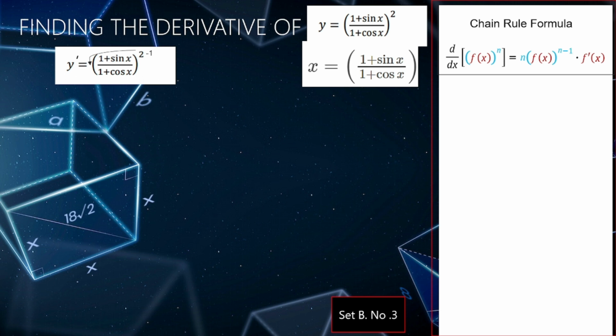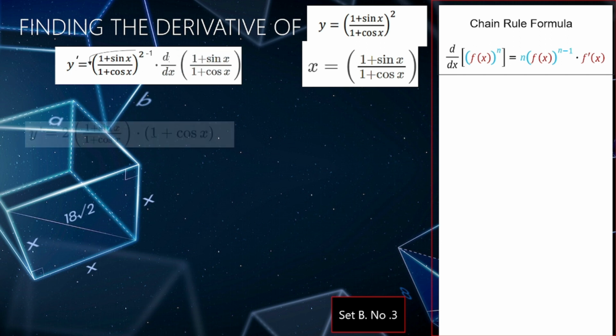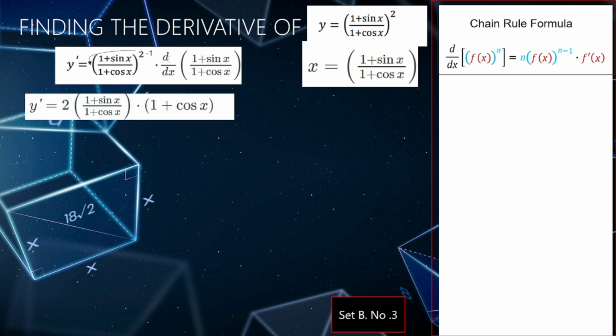Since we will use the chain rule formula, we will bring down this square to the left side and subtract 1 from the exponent. And then we will have the derivative of u. Then y prime is equal to 2 times the quantity 1 plus sin x over 1 plus cos x multiplied by